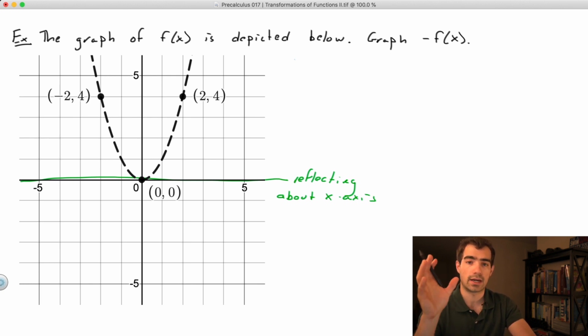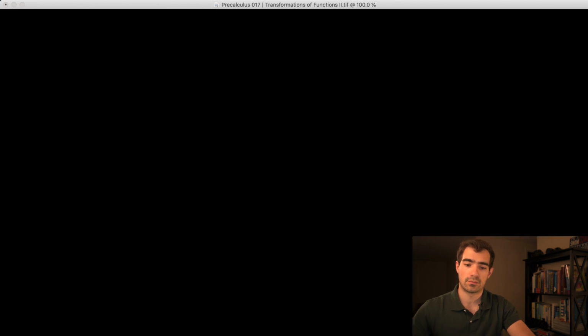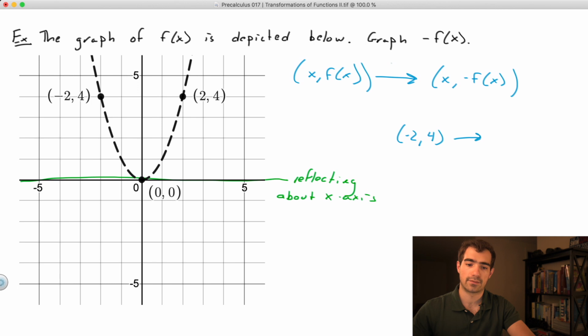But we can be precise when we do this to say, this means that we're going to take all of the y values, since we're reflecting over the x, this is a vertical reflection, if you will. We're going to take all of the y values and make them negative, right? That's like if we have x and f of x, we now need to transform this to x and negative f of x. And so in other words, if we look at the point negative 2, 4, for instance, we need to multiply our y value by negative 1 in doing this transformation, so negative f of x,